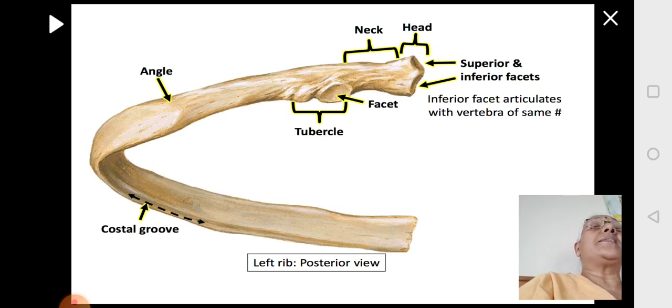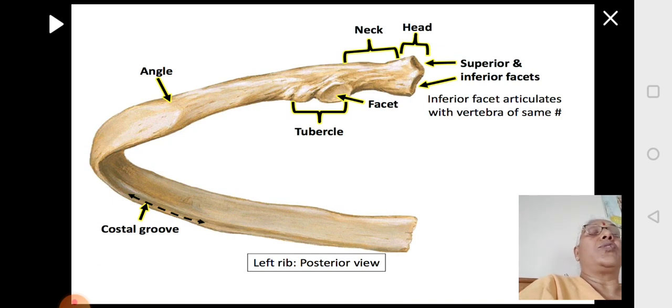So, it is this part of the rib which will articulate with the body of the thoracic vertebra. The first rib will articulate with the first thoracic vertebra, the second will articulate with the second thoracic vertebra. So, there are 2 facets, superior and inferior, of which the inferior one will articulate with the vertebra of